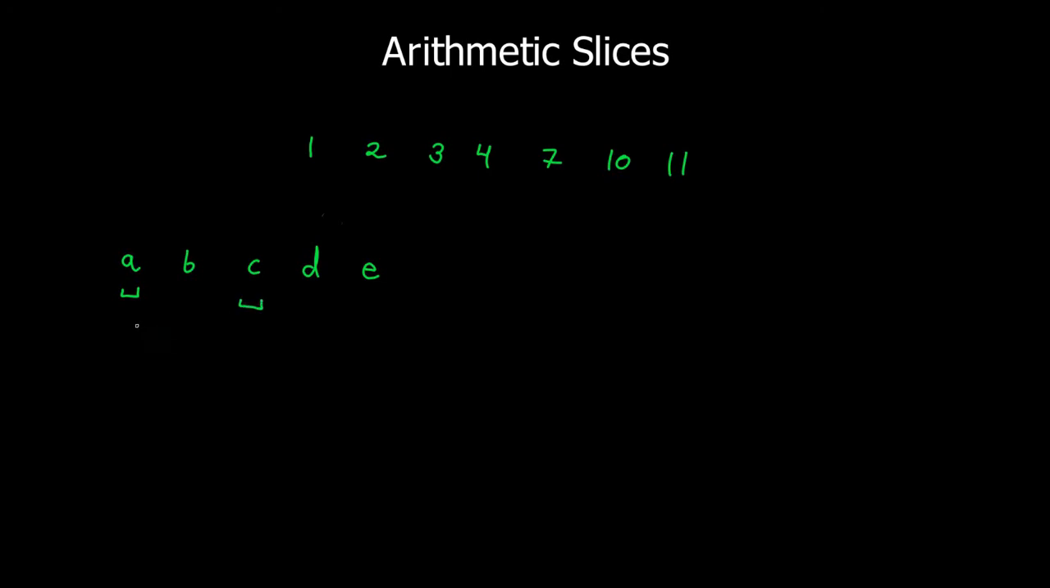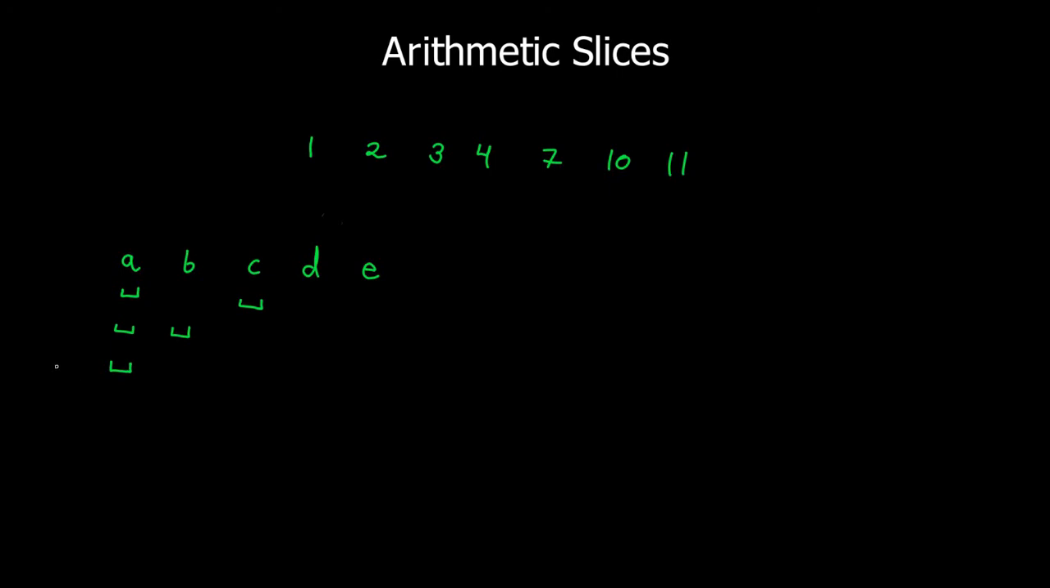If the length is 4, then it can start from A and it will only move up to B, and if its length is 5, then it will only start at A, and this is going to be the last possible slice of length 5 as well. As you can see, when the length of the slice is 5,